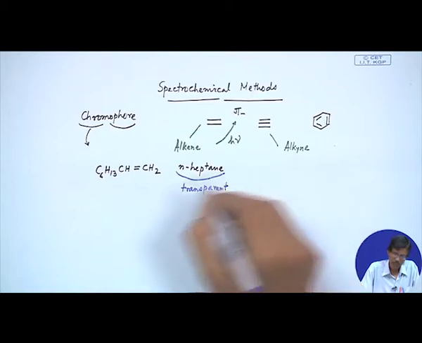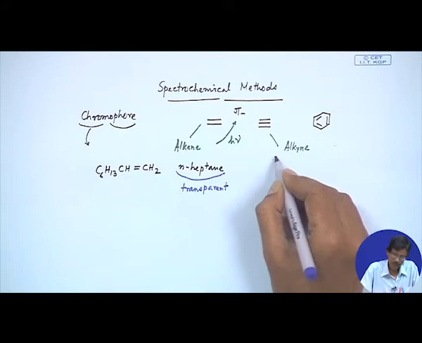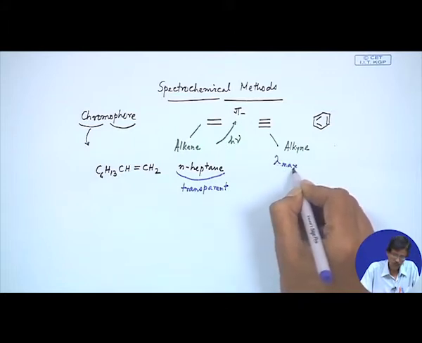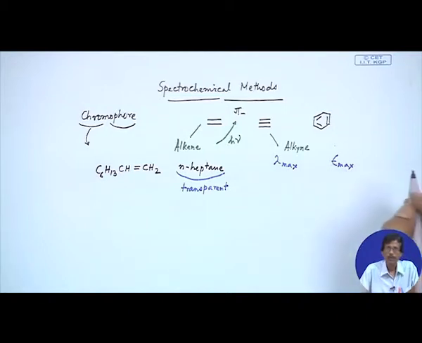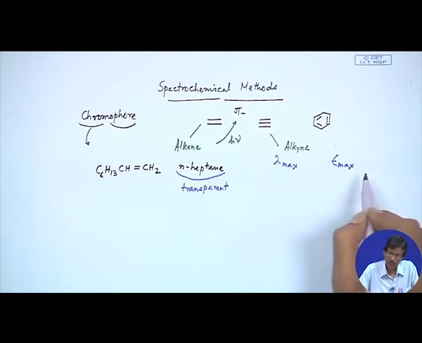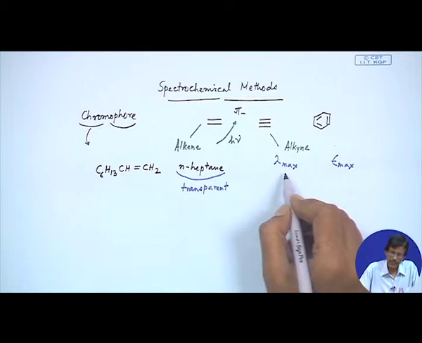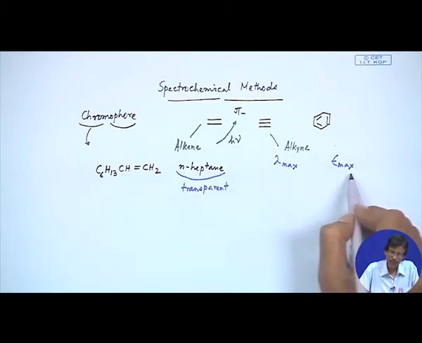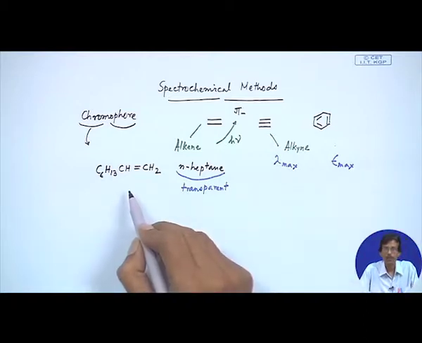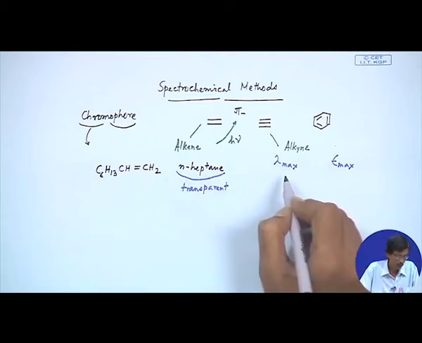So, what we get basically from the absorption is a corresponding lambda max value and corresponding epsilon max value. So, these are the two characteristic quantities for this particular compound, and if we know critically the lambda max and the epsilon max for this compound, then we can characterize this particular compound electronic spectroscopically in solution